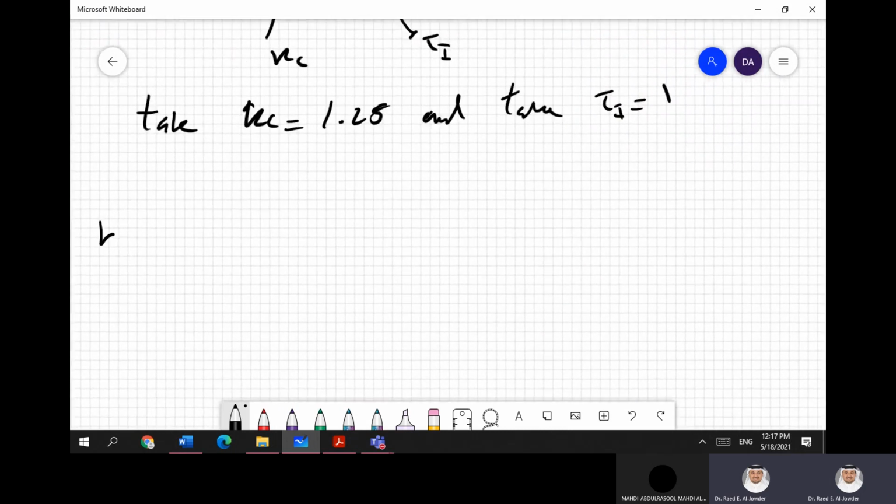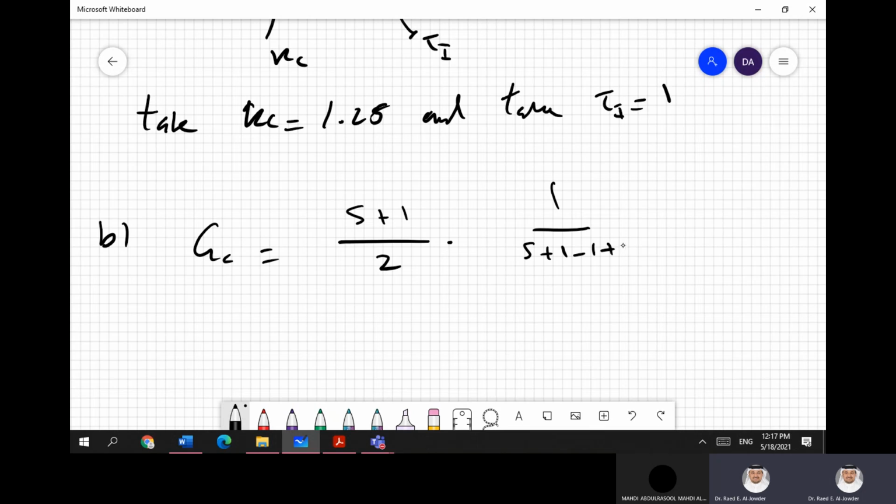This is part A, part B. We have GC is equal to S plus 1 over 2 multiplied by S plus 1 minus 1 plus 0.2 S. So this will cancel with this, and this will give me GC is equal to S plus 1 over 2 times 0.2 plus 1 is 1.2, 1.2 times 2 is